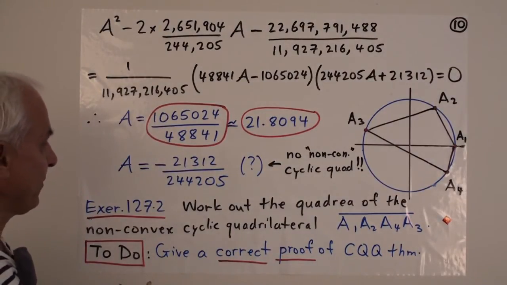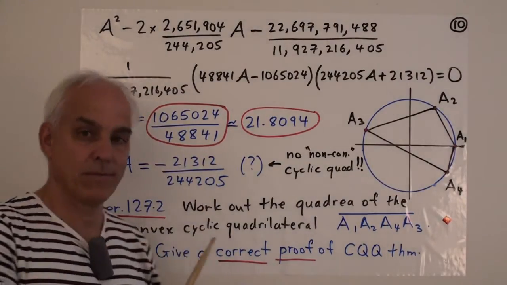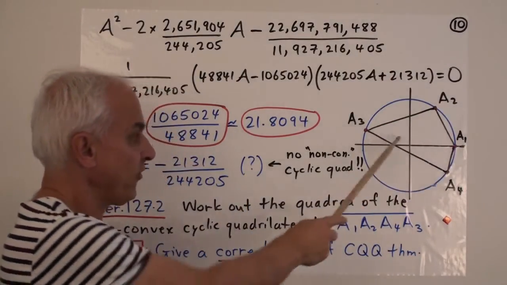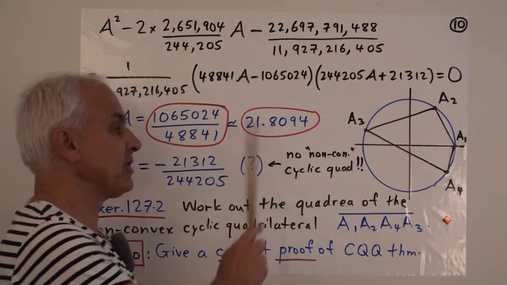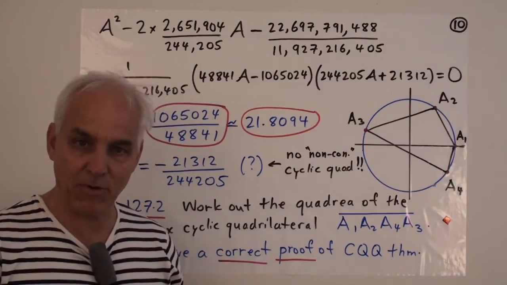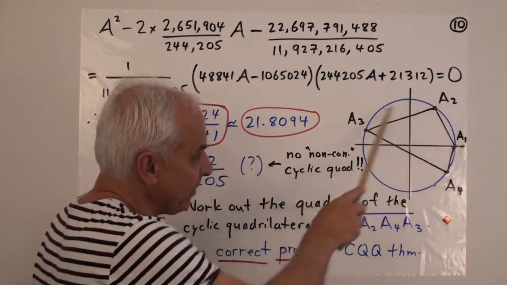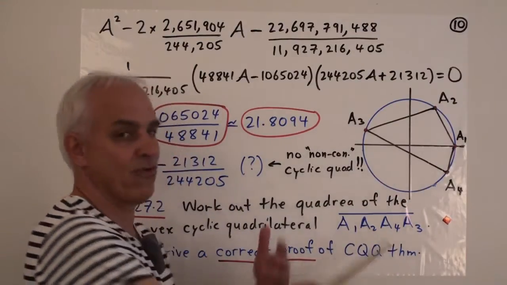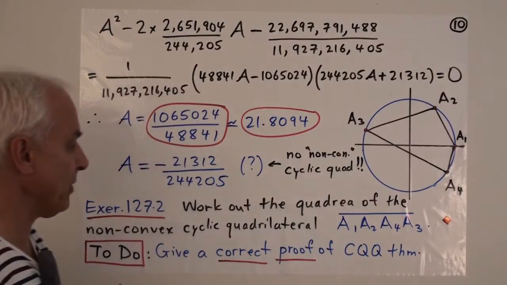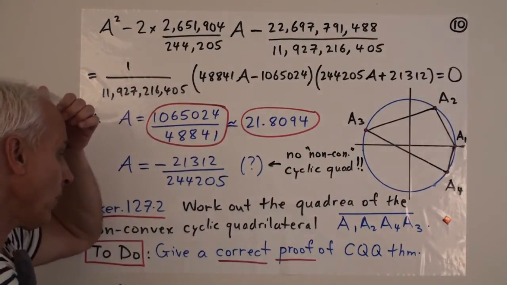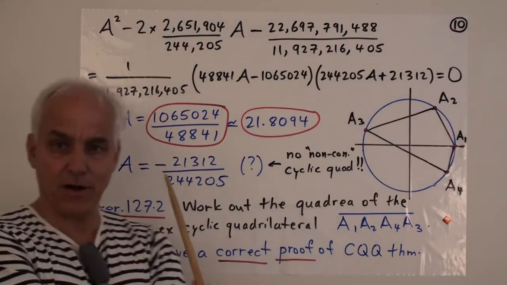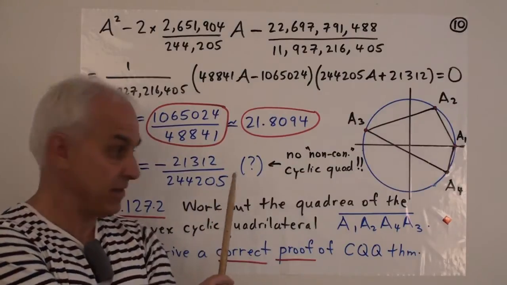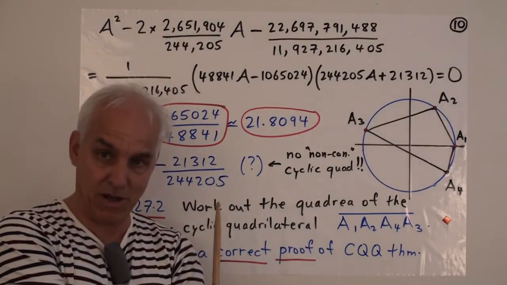So what's the significance? Well, this is the actual number that we want. This is 16 times the square of the area of this quadrilateral. And I remind you, this is not too far from the real number example that we got when we looked at some real points close to being on the unit circle, which formed a quadrilateral roughly in a similar kind of position. I think that was around 19. What's the meaning of this? There's a negative sign here. We're getting the other possible quadrea to be negative. This is supposed to be 16 times the area squared. How can that possibly be?